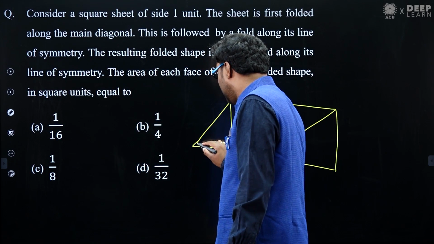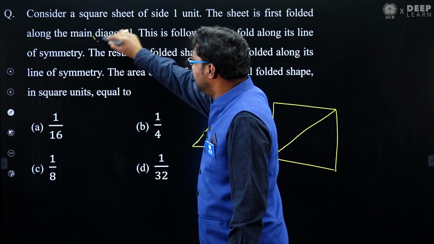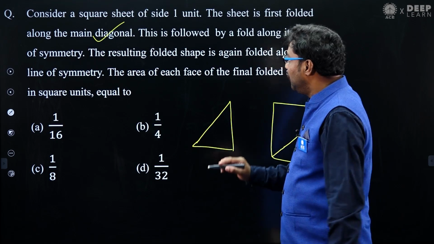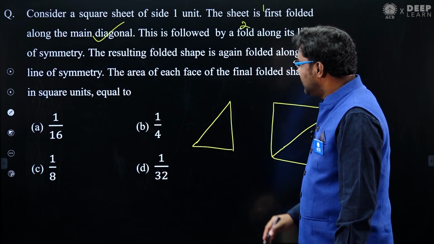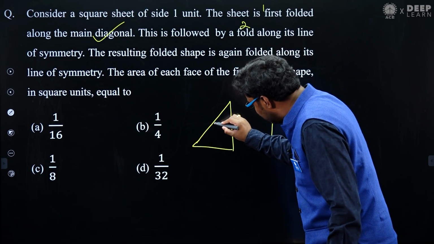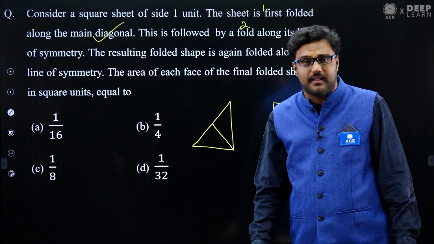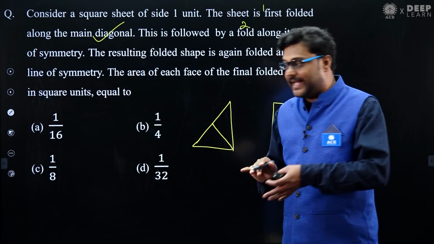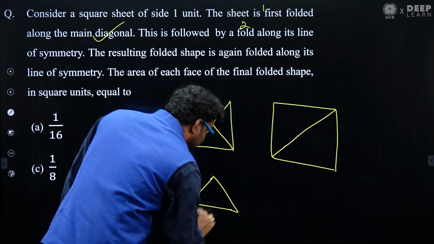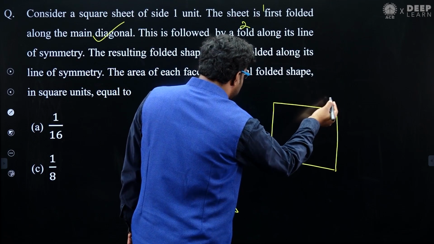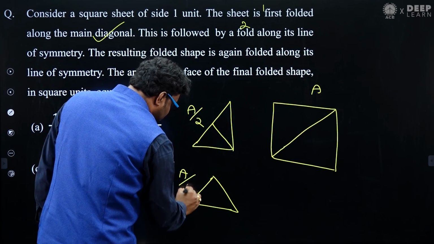Next, what they mentioned: the first folding is completed. Second time you are folding it along the symmetry line. This is the symmetry line actually. If you draw it, only then your right side and left side shapes are the same. Now you are performing folding a second time. This area becomes again half. Already some area is here. Total A means this is actually A by 2. This area is now A by 4.